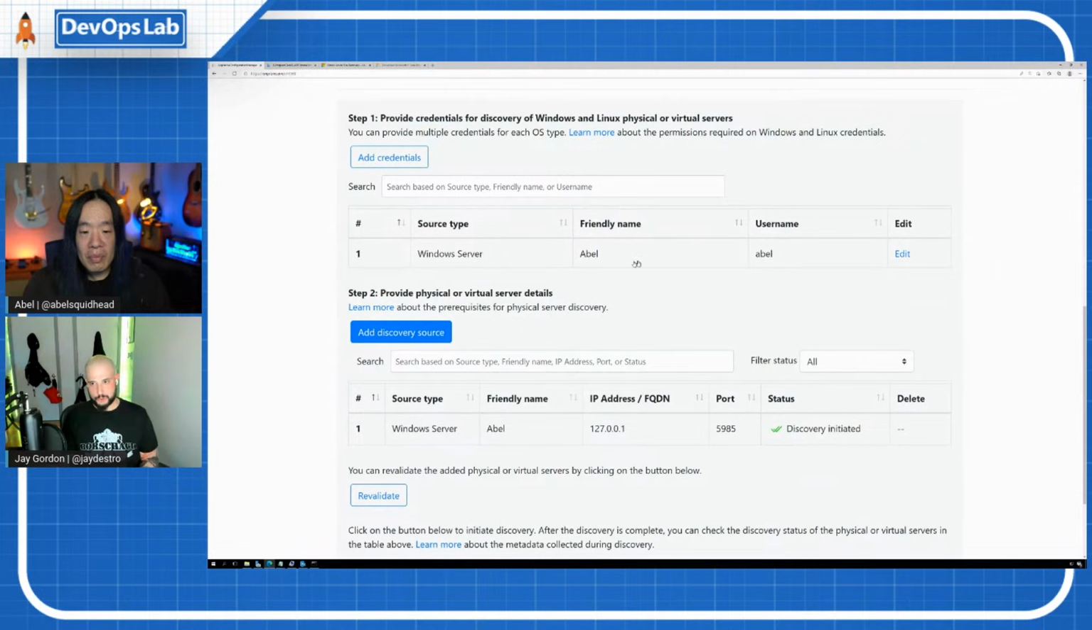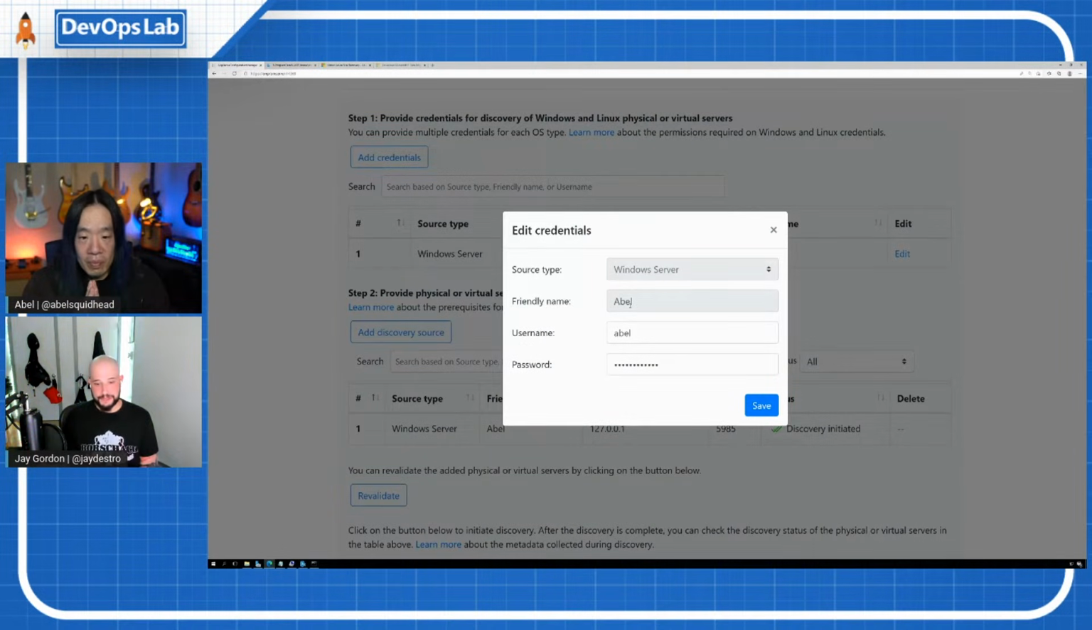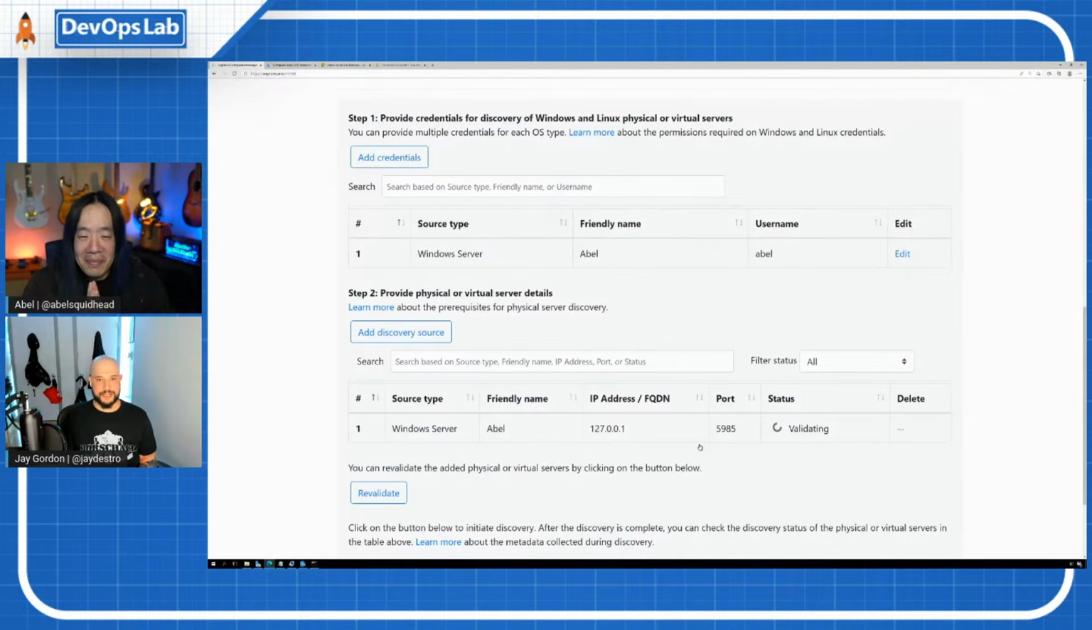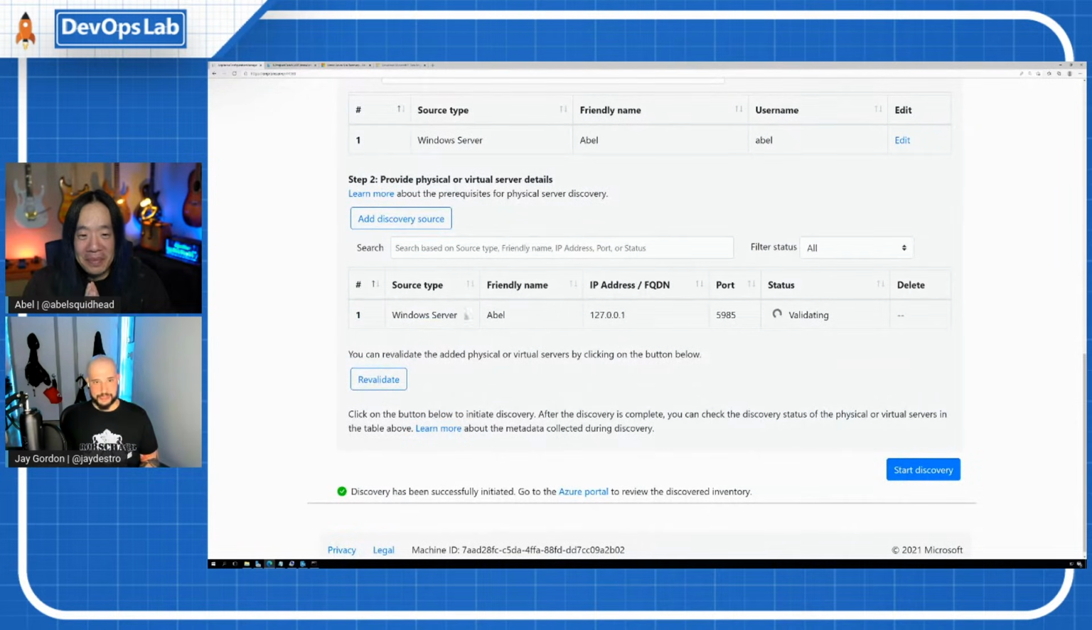So first here, what we do, and I'll show you real quick, is we provide credentials. So I say it's a Windows server. I give a friendly name. It's your user, Abel, so I call it Abel. And then I put in the password. English is tough for me today. Sorry about that. And so then once you do that, you're actually able to now add discovery sources, the machines